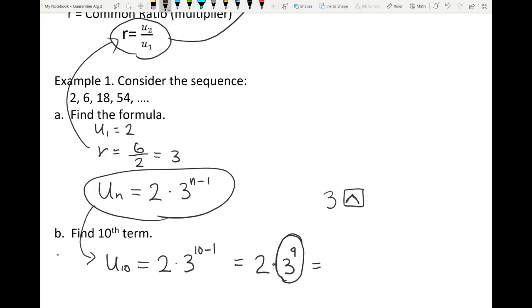Hopefully you have the calculator with you. 3 to the 9th power. Some calculators have an x to the y button, something like that. Different calculators have a different exponent button, but mine is 3 to the 9th power, and you should get, let's see,